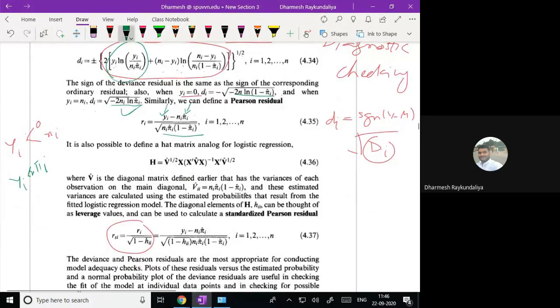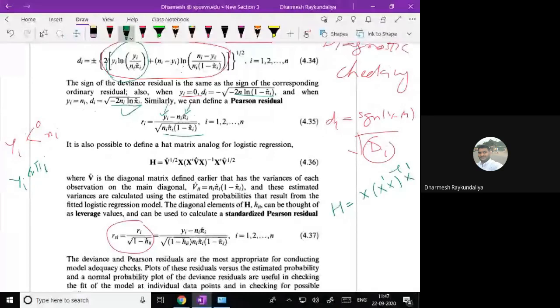Pearson residuals, okay, now we also know the form of the hat matrix. The hat matrix, in the second semester we have seen, is x (x dash x) inverse x dash, if x dash x is invertible. If it is not, then instead of the minus sign, we write the bar, that is the generalized inverse.